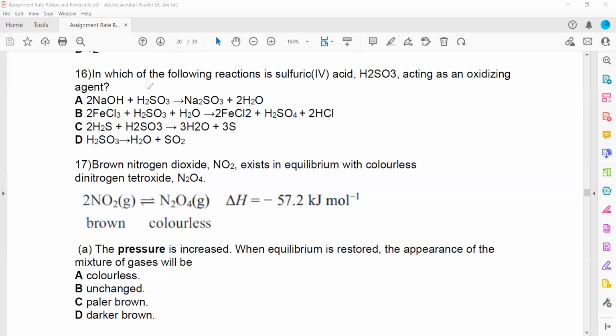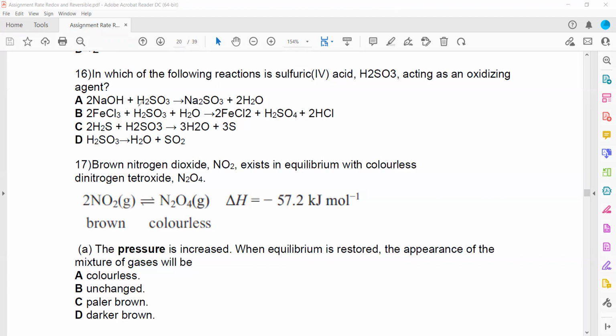here in sulfurous acid, each hydrogen is +1, so 2 hydrogens are +2. Each oxygen is -2, so 3 will be -6, so sulfur will be +4. And here in sodium sulfite, each sodium is +1, so 2 will be +2. This will be -6, so sulfur should be +4. So there is no change in oxidation number of sulfur. So it's not oxidized or reduced. And to act as an oxidizing agent, its oxidation number should decrease. When we check here